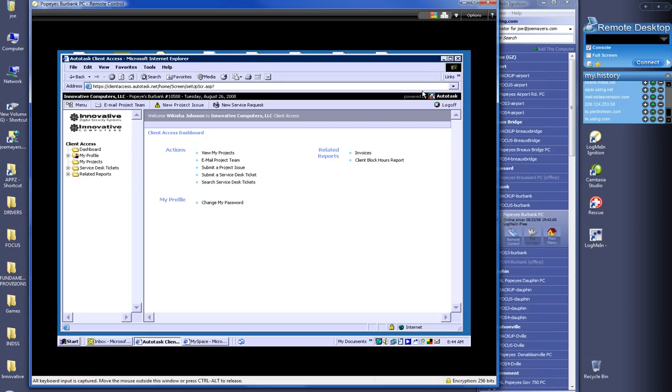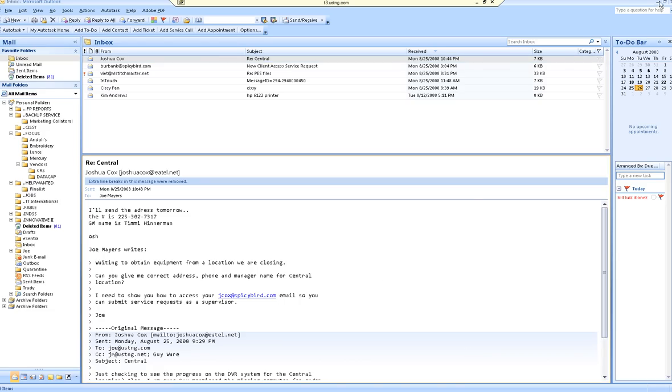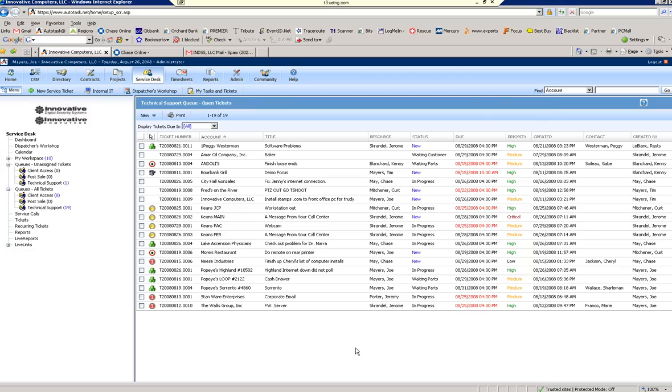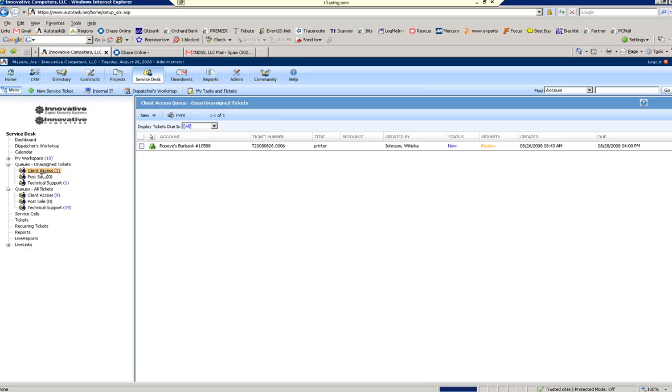So what I'm going to do is actually switch back to my office and show you what happens on our end once you've submitted that service request. Okay, so this is my office here, and this is our Autotask service request program. And let me go here and refresh. Okay, so I see right here in the client access that I received one from Burbank, and the title is